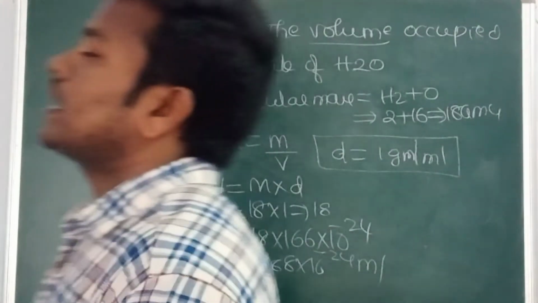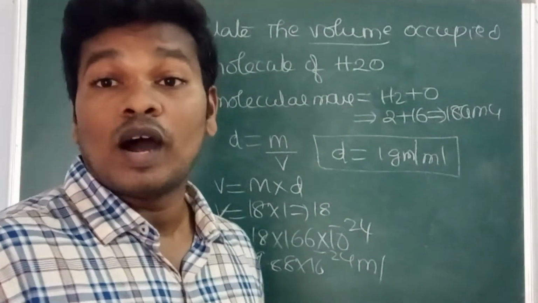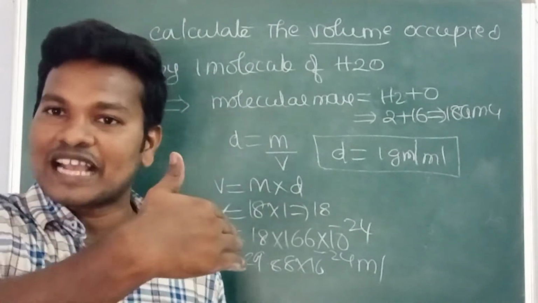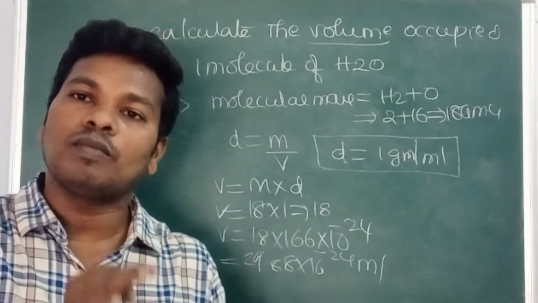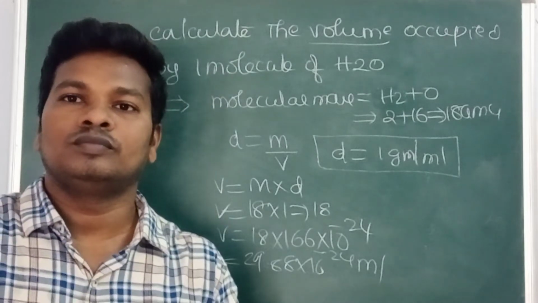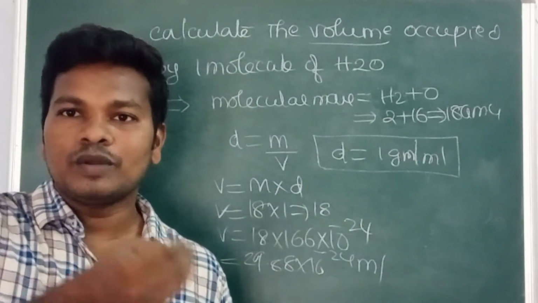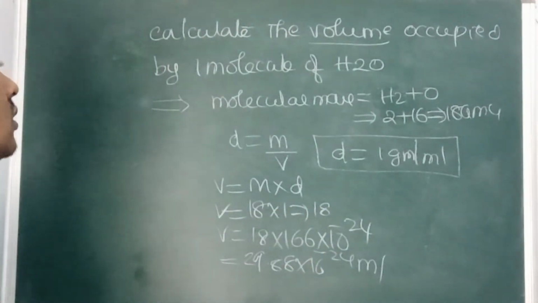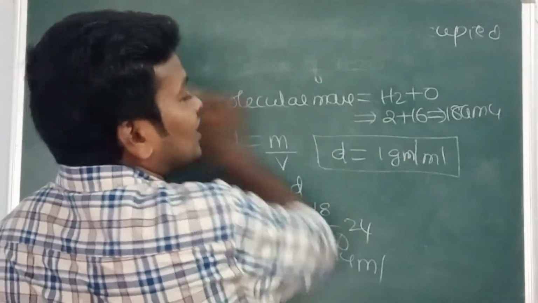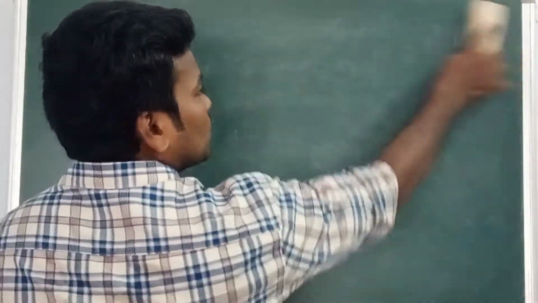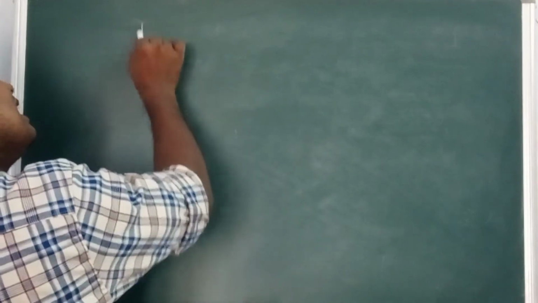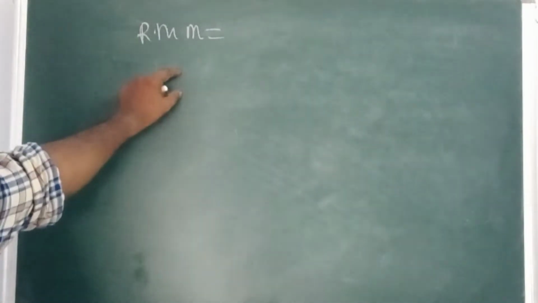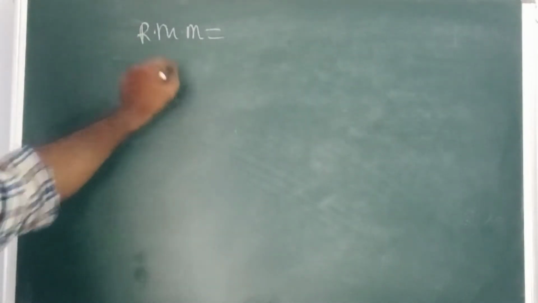Okay, so in the atomic mass we have the relative atomic mass. What is meant by relative atomic mass? Relative atomic mass is the ratio of the actual mass to the 1/12th mass of one carbon atom. Same here, relative atomic mass is the mass of that particular atom, and here the mass of the particular molecule. That is called RAM, relative atomic mass. This is called relative molecular mass.